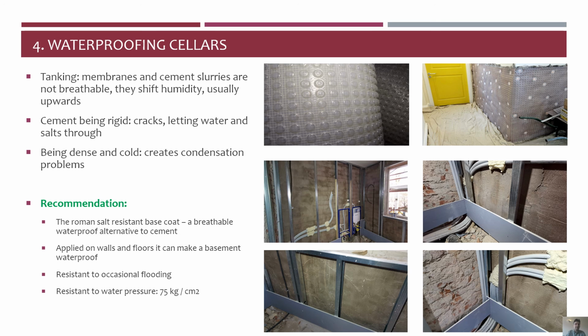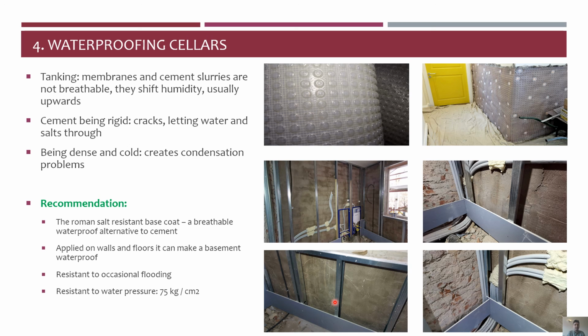And finally, waterproofing cellars. Tanking is when you apply various membranes or cement slurries on top of the wall to prevent the water coming through. Cement itself cracks, letting water and salts through, and also creates condensation problems. Now, a much more building friendly alternative to membranes and cement is the salt resistant Roman base coat. Here is an example, you can apply it onto the masonry like this, and then you can apply